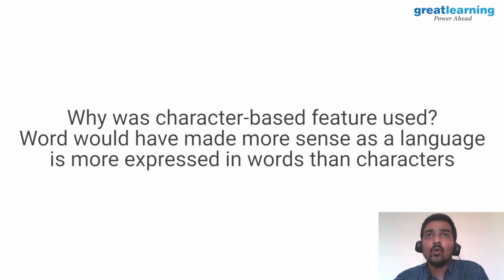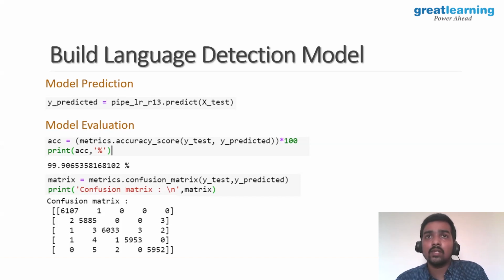Definitely the languages are more expressed in better ways in words, but here we are not taking any expressions into consideration, right? So all we need to do is a classification, whether it's English or German or Spanish or Chinese, right? So if you don't do character by character, even if you use the analyzer as a word, you'll get some accuracy, but the model is not rightly able to classify it.